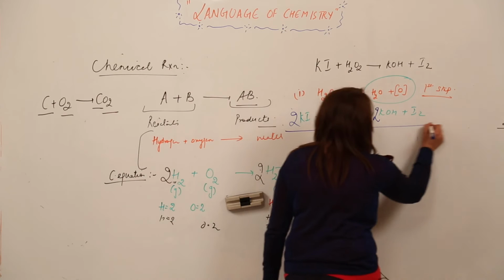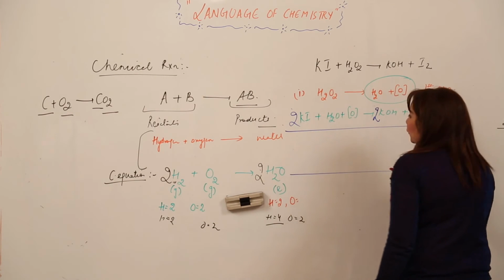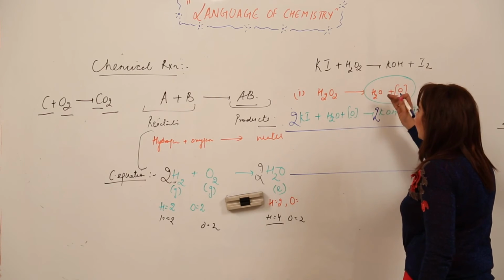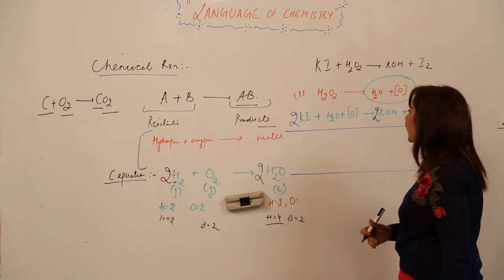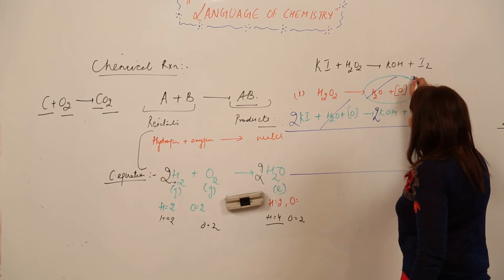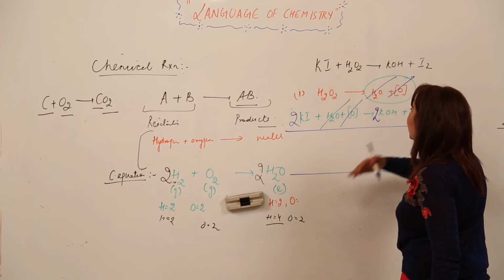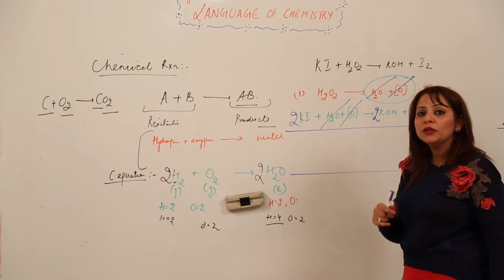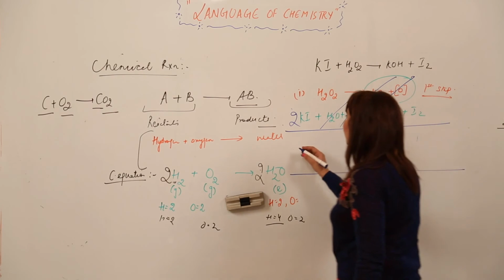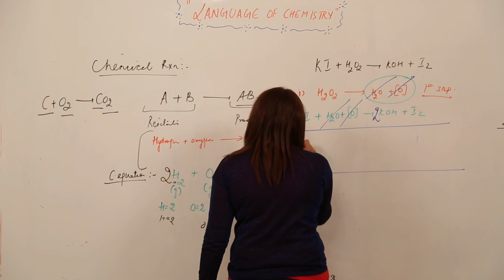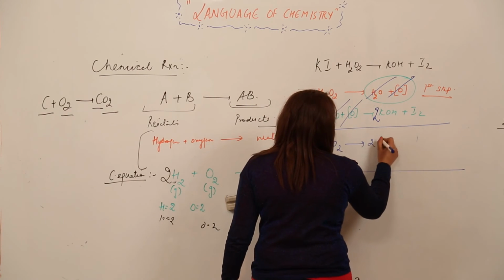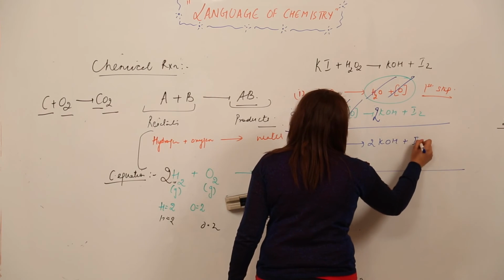Now what I am doing is adding them, and for adding I need to cancel the formulas which appear the same in the first and the second one. What you can see is that this H2O is repeated, so it is cancelled. Oxygen is on the left side and on the right side, so they both cancel each other. So I am cancelling out, right. The remaining reaction we are left with is 2 KI plus H2O2 forms 2 KOH plus I2.